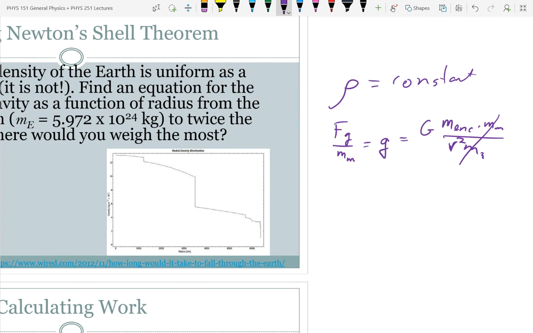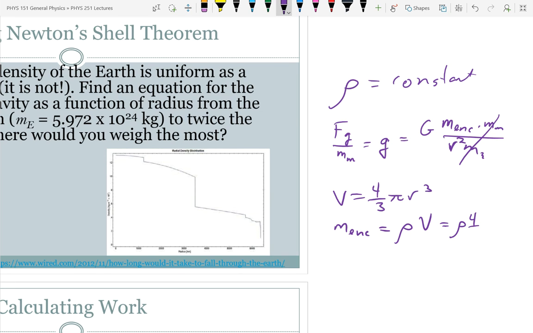Anyway, getting back to this, to finish this up, all I need to really calculate is the mass enclosed to determine what g is, right? Because the mass enclosed is going to depend on the radius, and I can go from that. Well, we know the volume for a sphere is 4/3 pi radius cubed. And so the mass enclosed is going to be my density times the volume. So that's going to be density